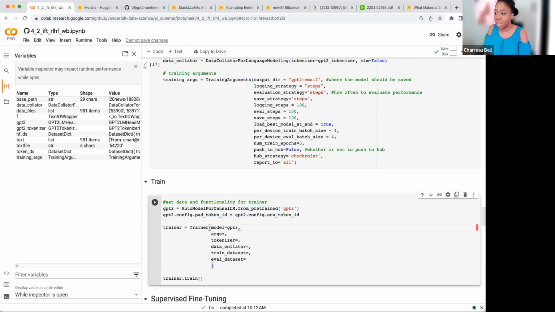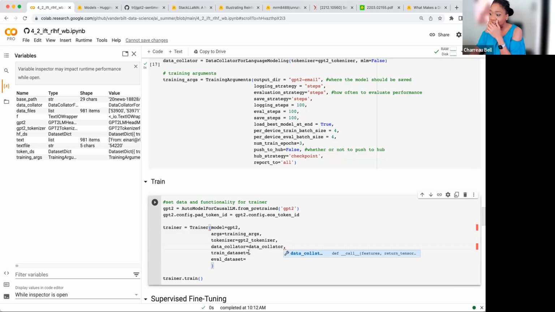So GPT-2. For the arguments that we want to pass in, those are the parameters of our training. We just wrote them, and that's called training arguments. For our tokenizer, we already said what our tokenizer was. We used it before, GPT-2 tokenizer. We really like to have that tokenizer there because when it writes it to file, if you don't have it there, then it's going to try to use a default tokenizer. The next time it'll be like, I don't know what tokenizer to use. So we like to have the tokenizer written in the save strategy here. For data collator, that thing that we just had, the data collator.